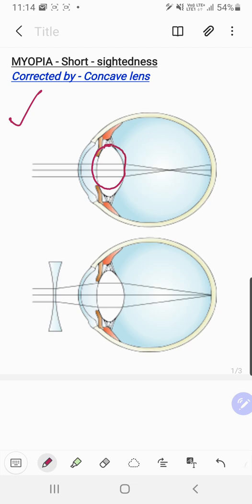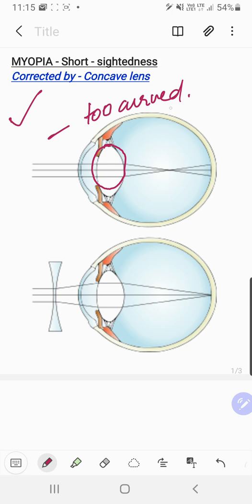So your two reasons are, one is lengthening or compressing, and second one is if the lens becomes too curved. For myopia, if the lens becomes too curved, that is the second reason. So children, mark these two answers. Whenever this kind of figure is there, the reasons for having this disorder are always asked, and in that